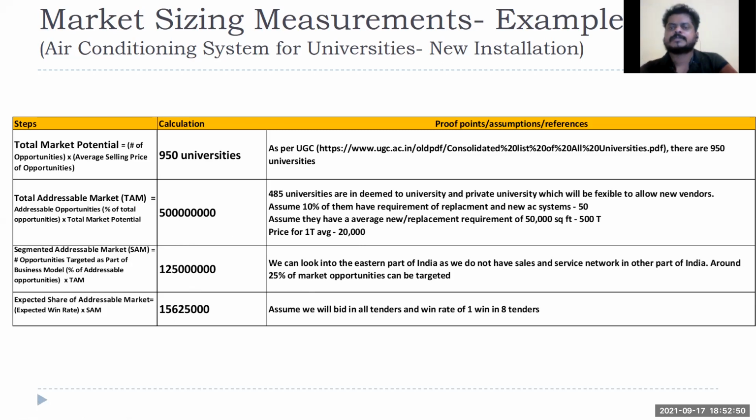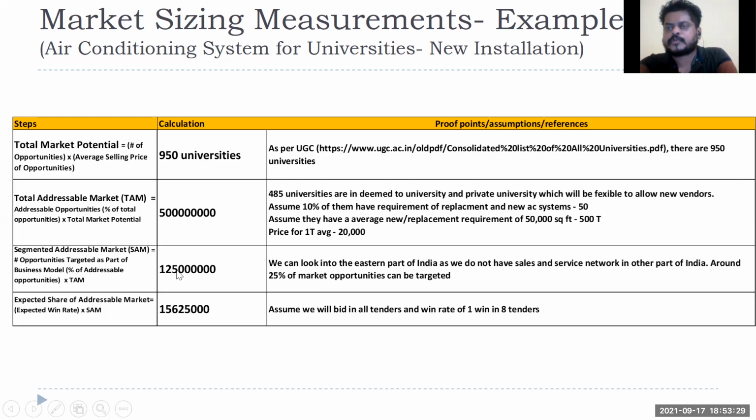There are different competitors. We used to compete with Indian companies like Voltas, then Whirlpool, and Carrier was one of the biggest competitors. There are many local manufacturers also. Daikin was one of the biggest competitors. So obviously they will also have their own market share. I'm not going to get all of that 12.5 crore rupees. From my past data, I have seen that for each 8 tenders I participated in, I won only one. So my success ratio is 1/8, around 12.5%.